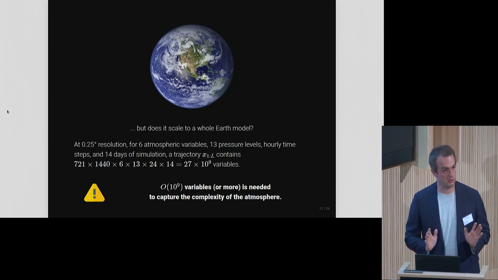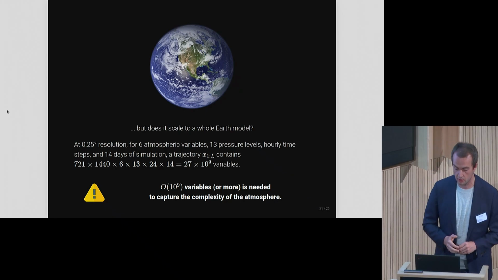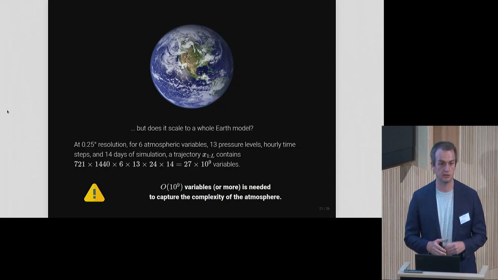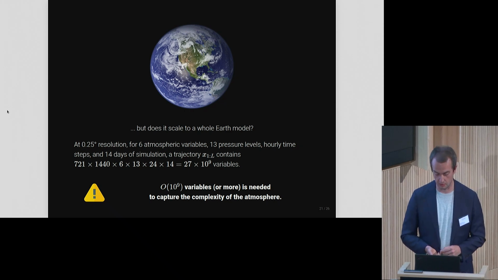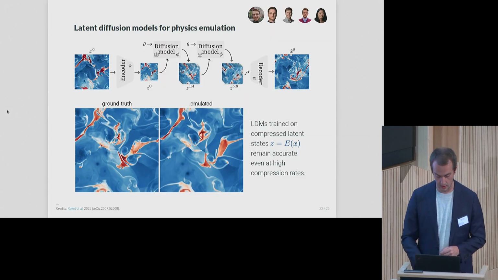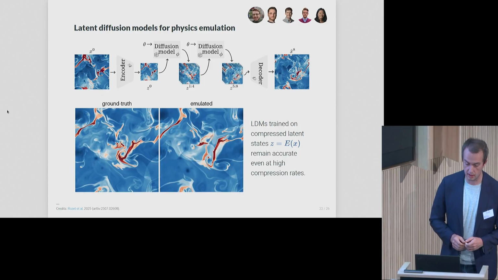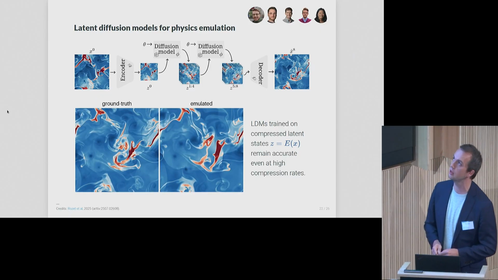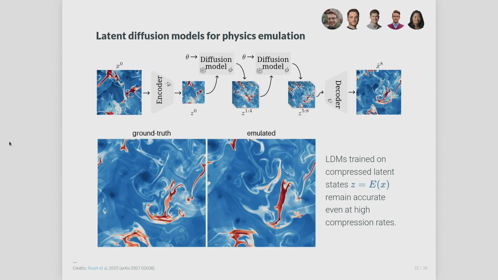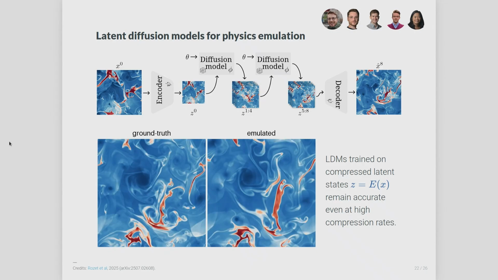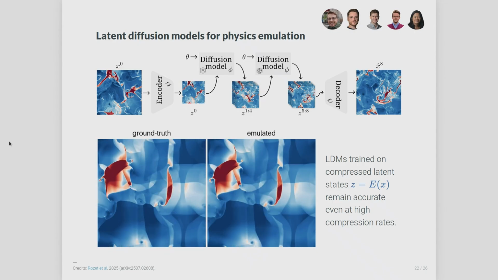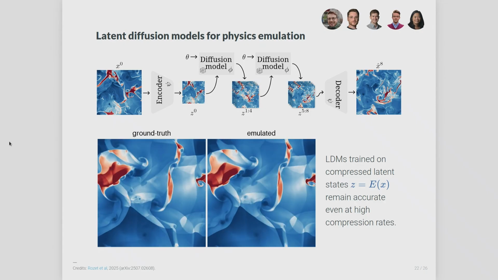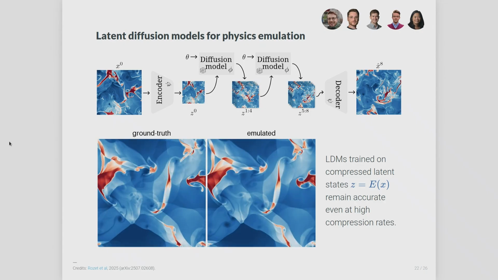All right, so this is, of course, orders of magnitude larger than what current diffusion models can handle directly in data space. So we need, again, a new tool, or at least a variation of the tools we have used to solve this problem. What we studied recently is the case of latent diffusion models for physics simulation. And the idea is quite simple. It's very similar to what is done to generate these videos from text. You can apply the same principle to generate or to emulate